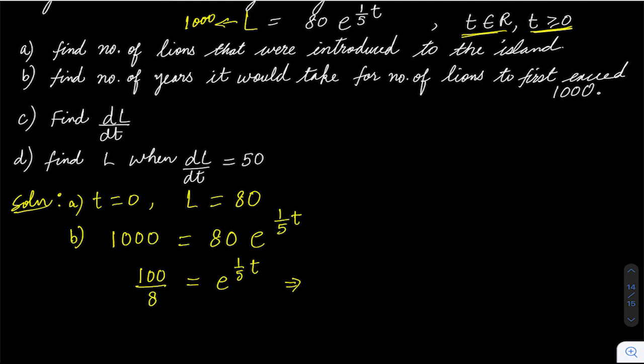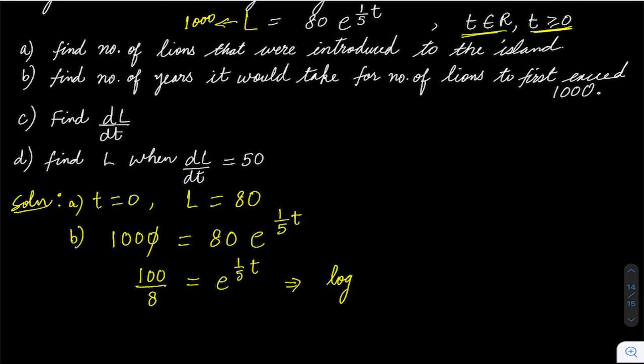Now you can see this is an exponential equation, so we have to convert this into a log equation to simplify, right? So it's always inverse. Whenever you have a log equation, you have to convert it into exponential to simplify. Whenever you have an exponential equation, you have to use logs to simplify. So I am taking log on both sides, and I am taking the base of the log.